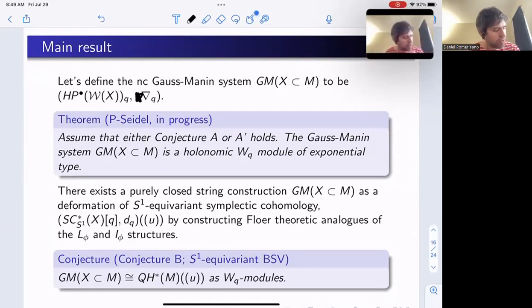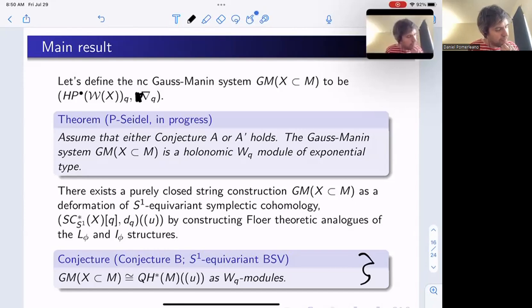But basically, you can build something that maps to this one under open-closed maps, and the conjecture is that it gives you the quantum connection. So it's an S1 equivariant version of the Borman-Sheridan-Varolgunes conjecture. And if you take this theorem and also prove this conjecture B, then you have this exponential type conjecture for the quantum connection. So that's the program. Obviously, this is just a piece of it. This is also a substantial undertaking, but